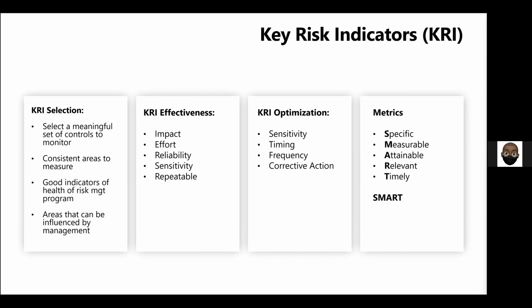So as such, to Vito's example, maybe 2 password attempts is okay, but 3 and above is unacceptable, right? It could be a sign that someone is trying to brute force and things like that. So how do we determine or select our KRIs, those key risk indicators? We have them over there. I'm not going to read it, but the whole idea is that when selecting KRIs, there is a need